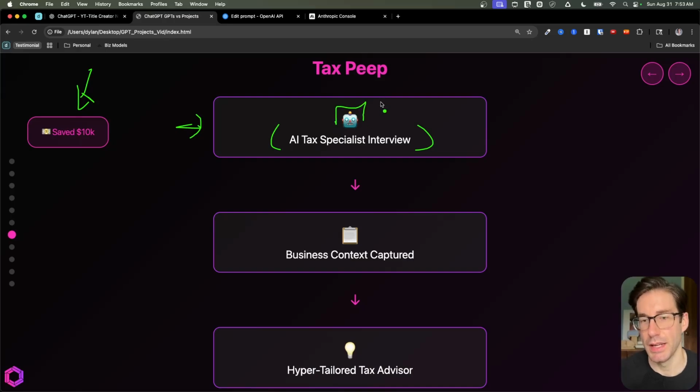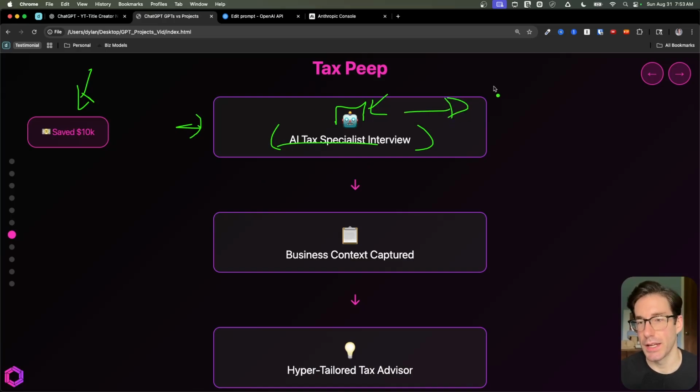So I had a basic AI. This could be ChatGPT or Claude without any projects or customization. I just tune it a little bit, saying that you're an AI specialist. I want you to ask me one question at a time. Every answer I provide informs the next question that you ask, and your main intent and goal is to understand my business and my finances, so you can then create a prompt for a future AI to act as my tax specialist. Something like that. And when you give that prompt to it, it's going to ask me a series of questions.